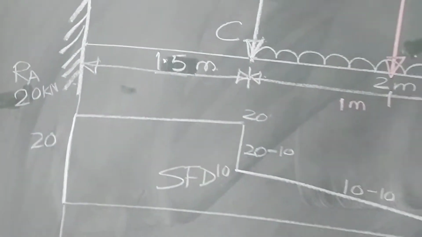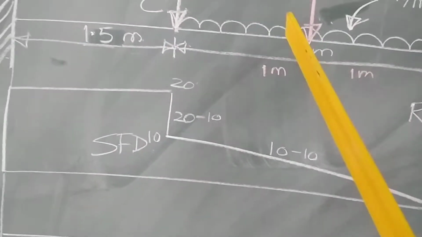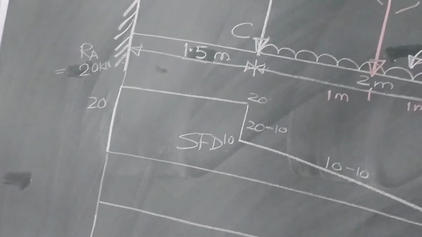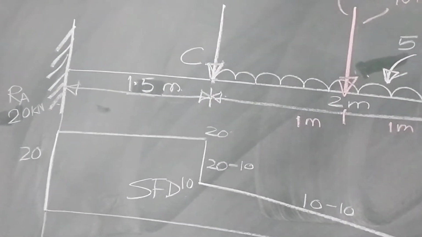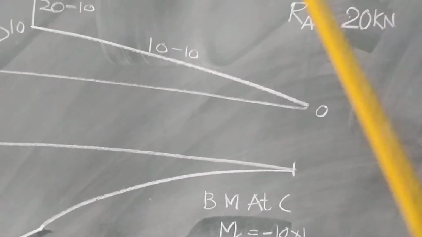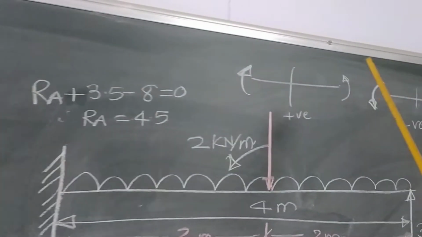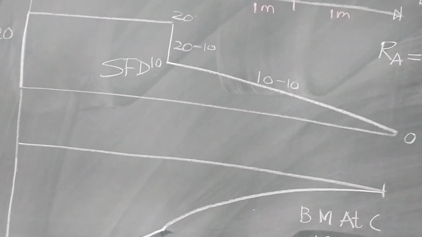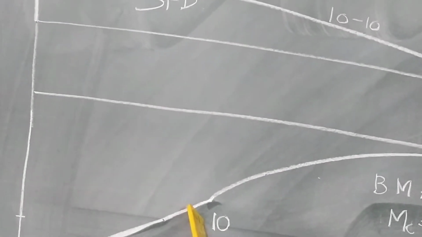Bending moment, as this is cantilever, so at free end there is a 0 bending moment. Let us calculate for C, because no intensity of any other. A, B, C, only 3 points are there. Bending moment at C, only one force of 10 kilonewton towards right. So, let us have sign convention. It is negative, minus 10 into 1. So, this is nothing but minus 10. So, here is minus 10.